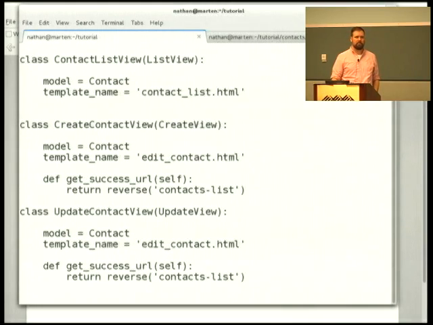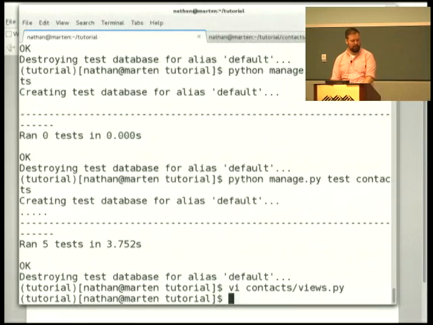It has the fields I want on it. It does sort of what I want. So, let's just, what happens if we just do this? Is this actually enough? So we're going to add the URL for this. So we're going to go to address book